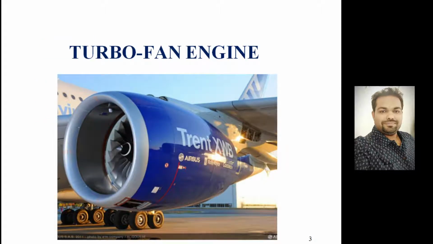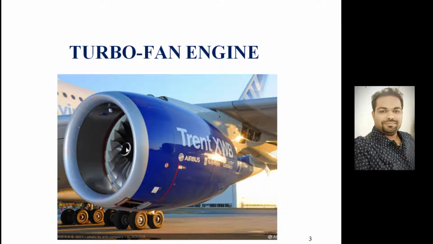So if you look at the turbofan engine, in the turboprop engine, the disadvantage was that there was an altitude limitation when it was flying at high altitude and at higher angle of attack. The stalling problem was occurring at the tip of the propeller. So instead of putting the propeller outside, another method came to put the fan inside the casing. So now no moving part is external to the engine, and the problem of stalling will be avoided here.